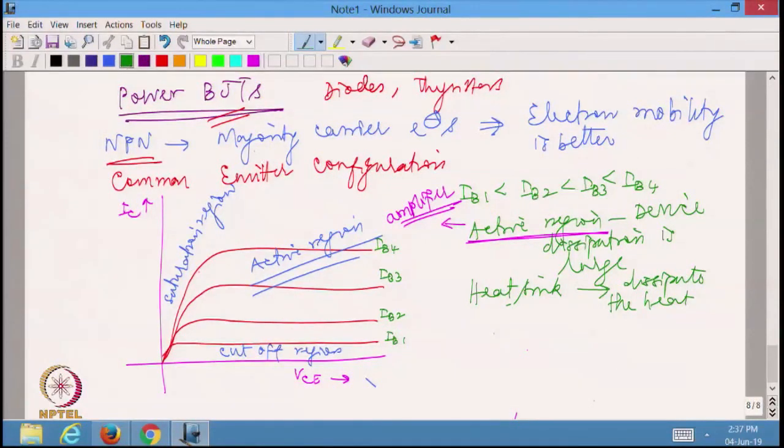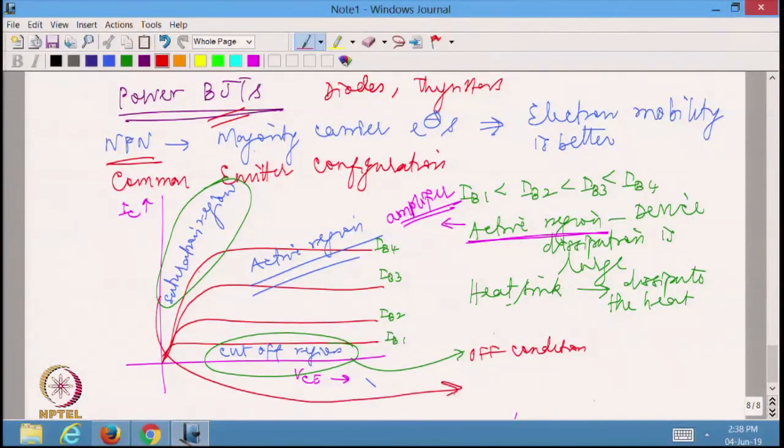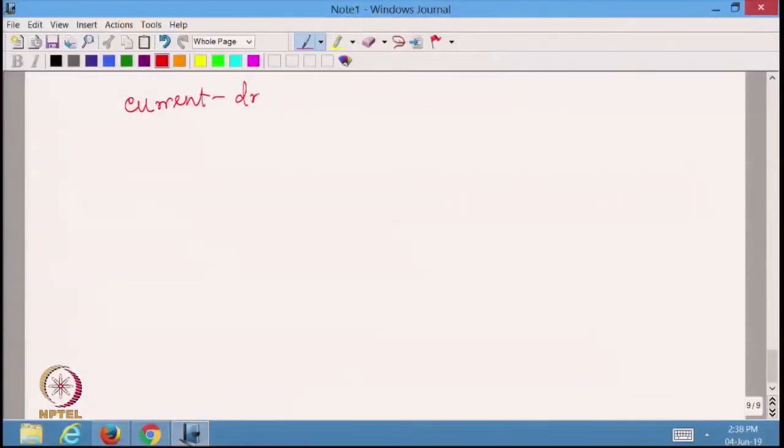Whereas, in power electronics, I am either going to operate it in the cutoff region or in the saturation region. So, whenever it is operating in the cutoff region, it will be in the off condition, and whenever it is operating in the saturation region, it will be in the on condition. So, I am going to operate the transistor only as a switch. I am essentially turning on and turning off depending upon how much base current I am giving. So, transistor happens to be a current driven device